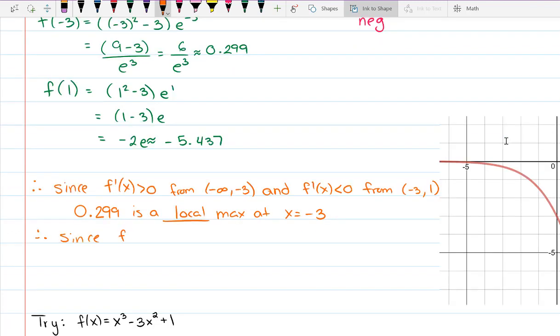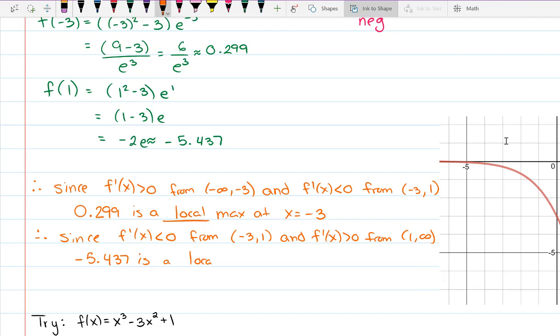Since f prime of x is less than 0 from negative 3 to 1, and f prime of x is greater than 0 from 1 to infinity, negative 5.437 is a local min at x equals 1. Now what I want you to notice then is we need to look for absolute maxes